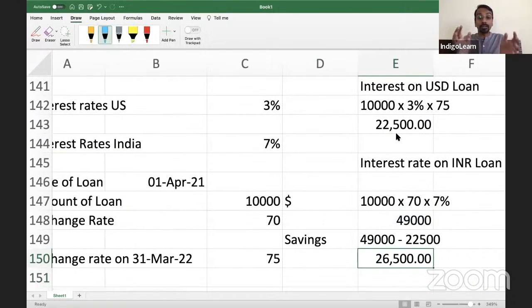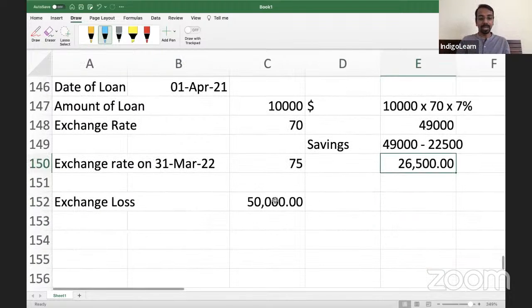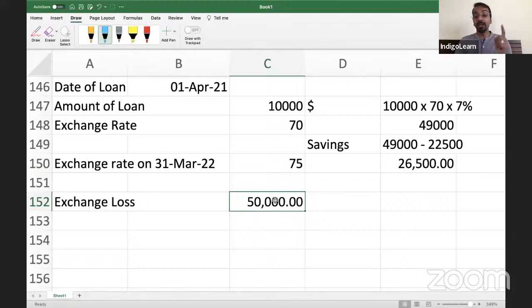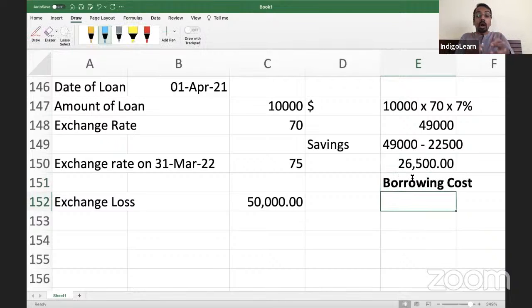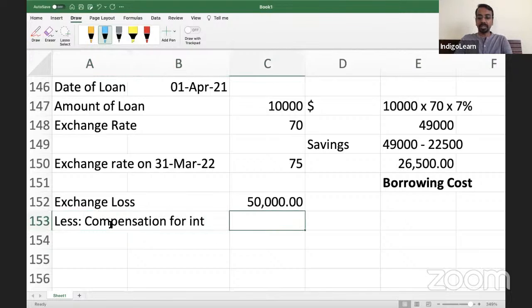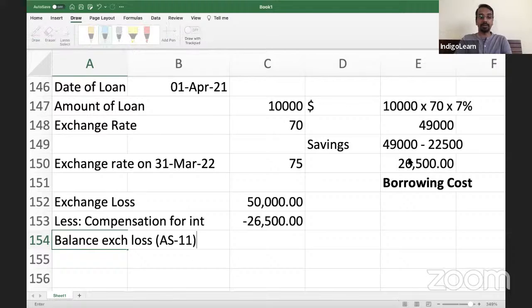I saved 26,500 on interest, but I paid 50,000 extra by way of exchange loss. Now, what the standard says is, whatever is this exchange loss, out of that, how much is compensating your savings in interest? 26,500. This you treat as borrowing cost. Compensation for interest is 26,500. Balance exchange loss, which you can consider for AS11 purpose, is 50,000 minus 26,500, which is